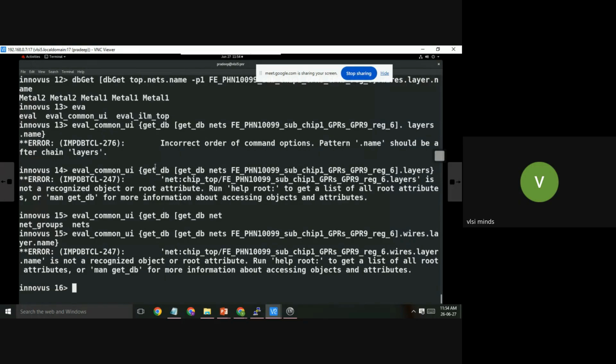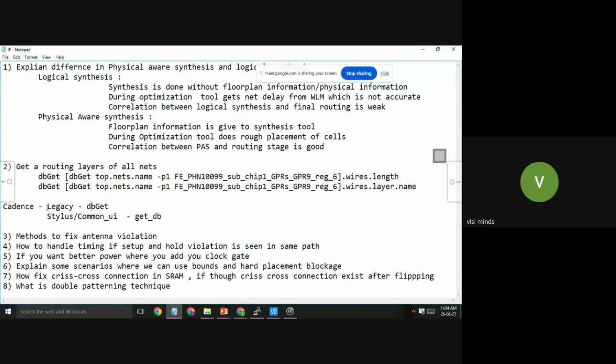So if you know that, you can convert it. You need not know both. If you know legacy and you get a Stylus tool, then you can use the legacy commands by using eval legacy command. If you know Stylus and you're using the legacy tool, then you can use eval common UI. Both are possible.